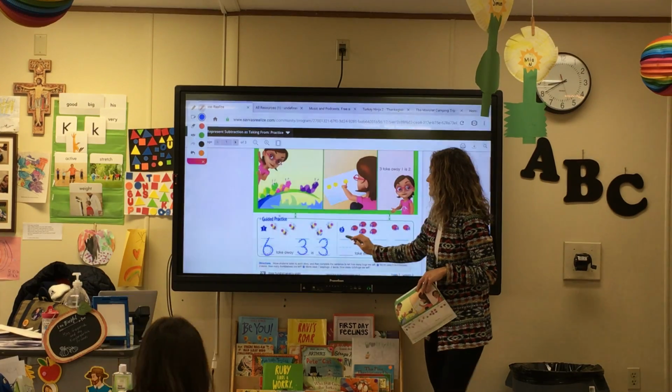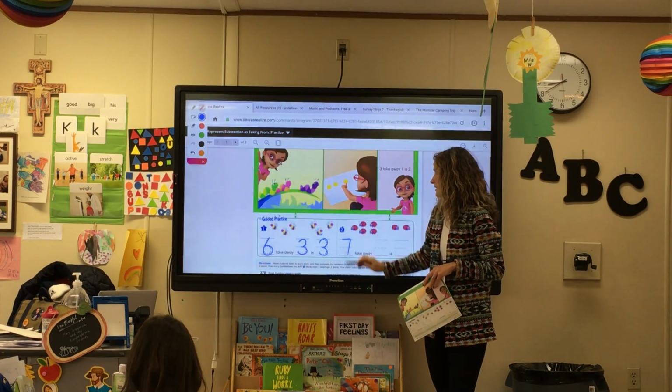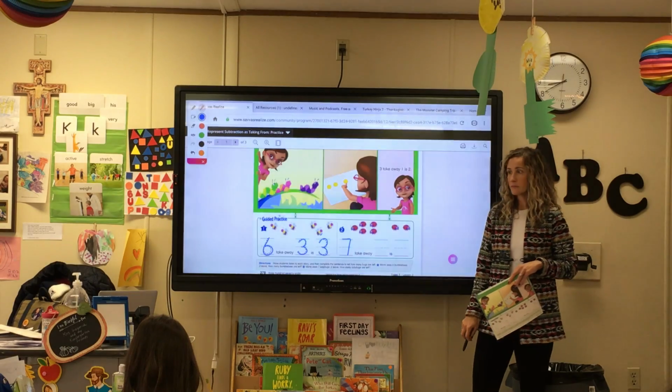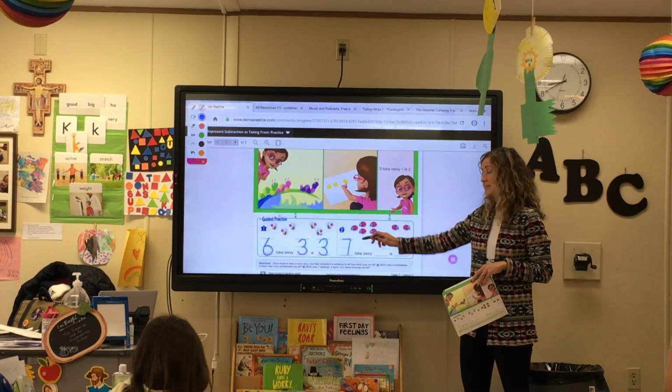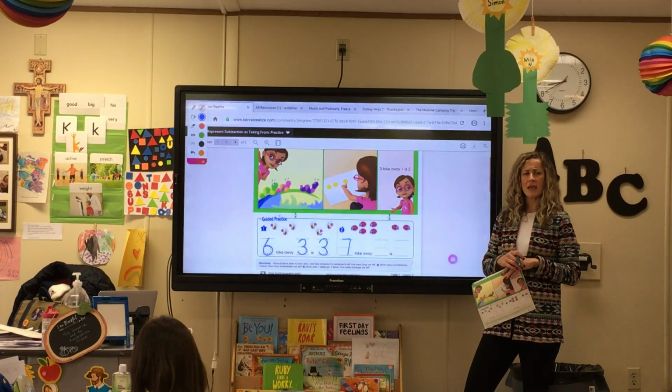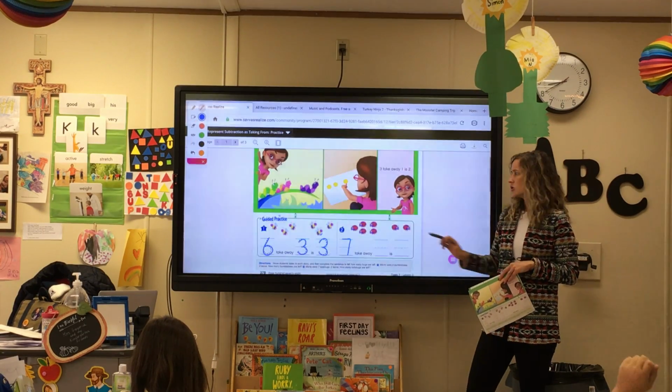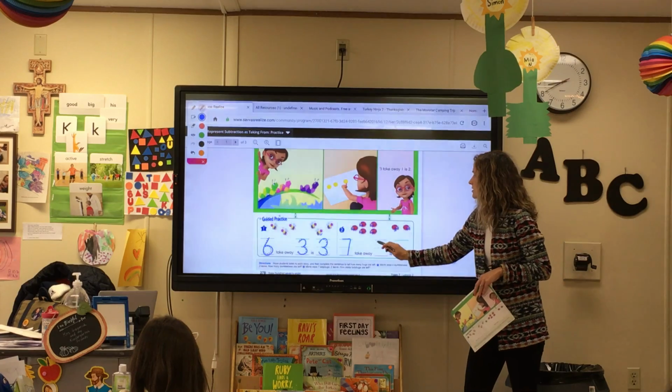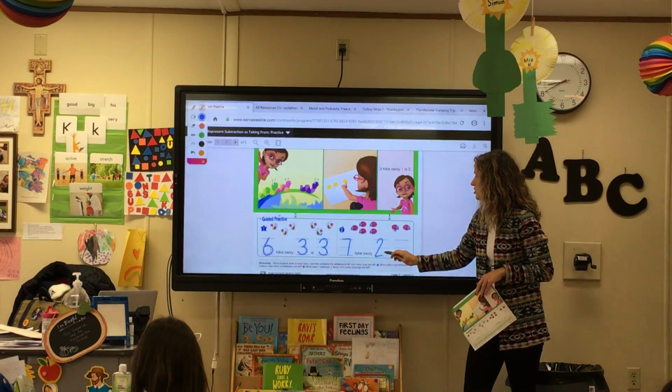All right, so 7 is my first number. 7, did you write that in? 7? Take away, how many ladybugs do you see crawling away, Amelia? 2. See these 2 over here? So take away 2